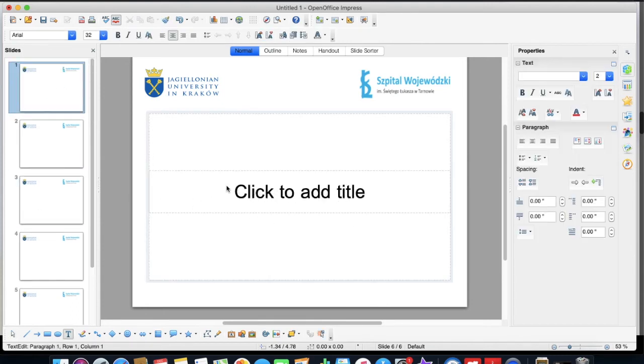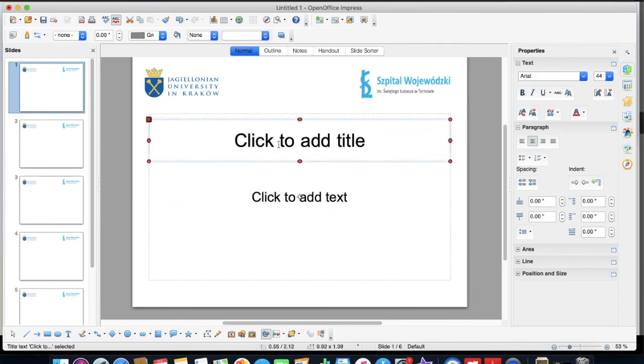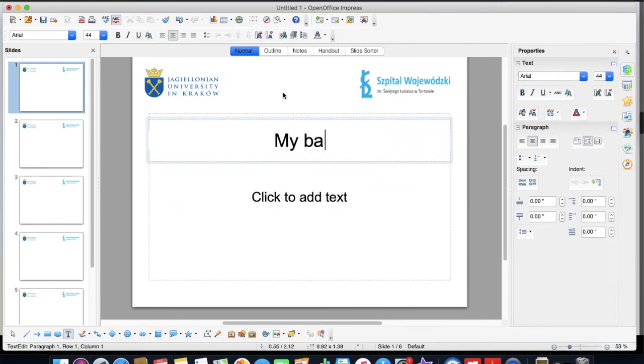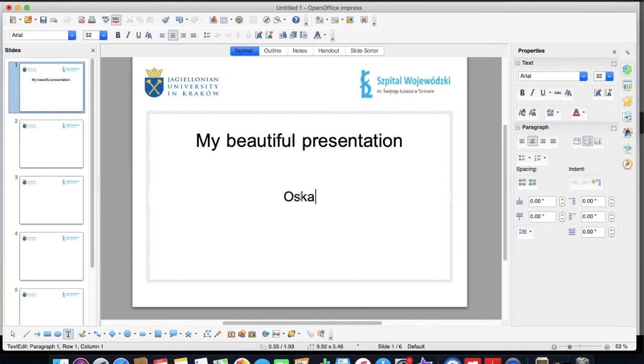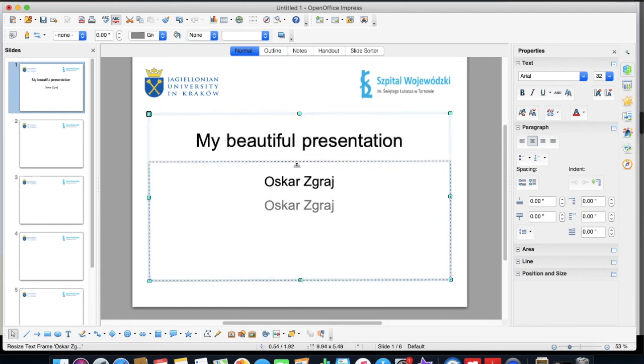In your first slide, in the title section, write down the title of your presentation. Put it simple, 2 lines at most. And I'm putting here my beautiful presentation. On this slide, the author of the presentation and the presenting person should also be included. Now move things around at will so they present themselves naturally.